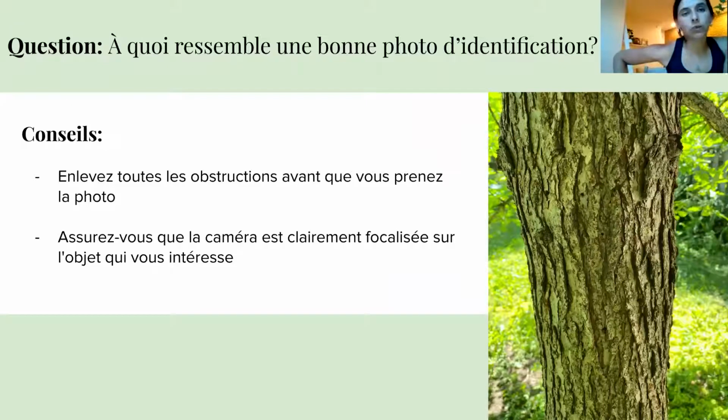And lastly, I just wanted to go through tips and tricks for good photos for identification. Since we're really relying on these photos to confirm the IDs, it's great to provide some insight on what makes a good photo for us and helps us really identify a species. So the first thing is to make sure that there aren't any large obstructions within whatever you're